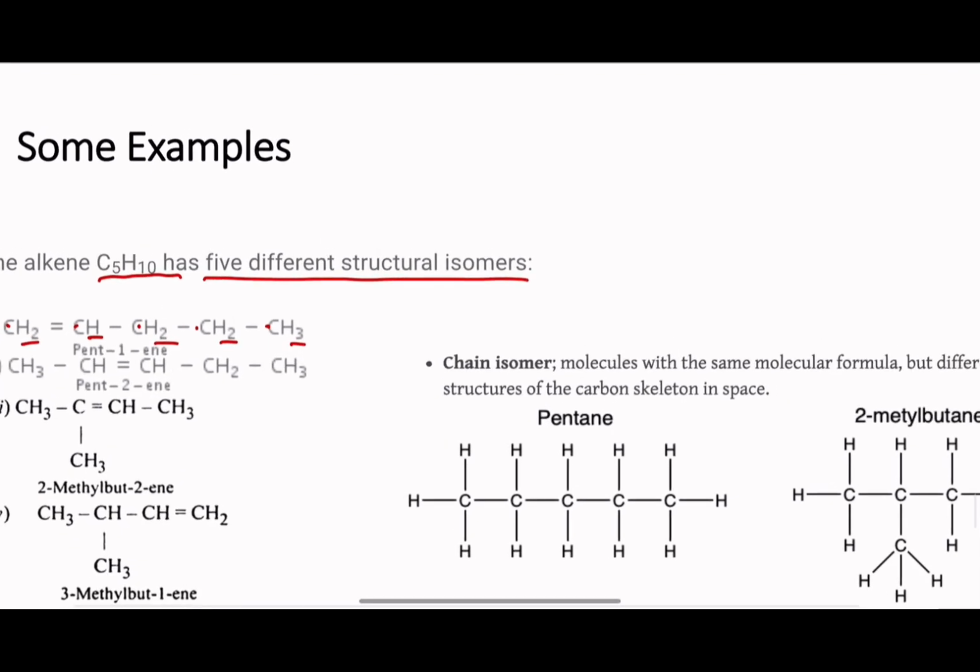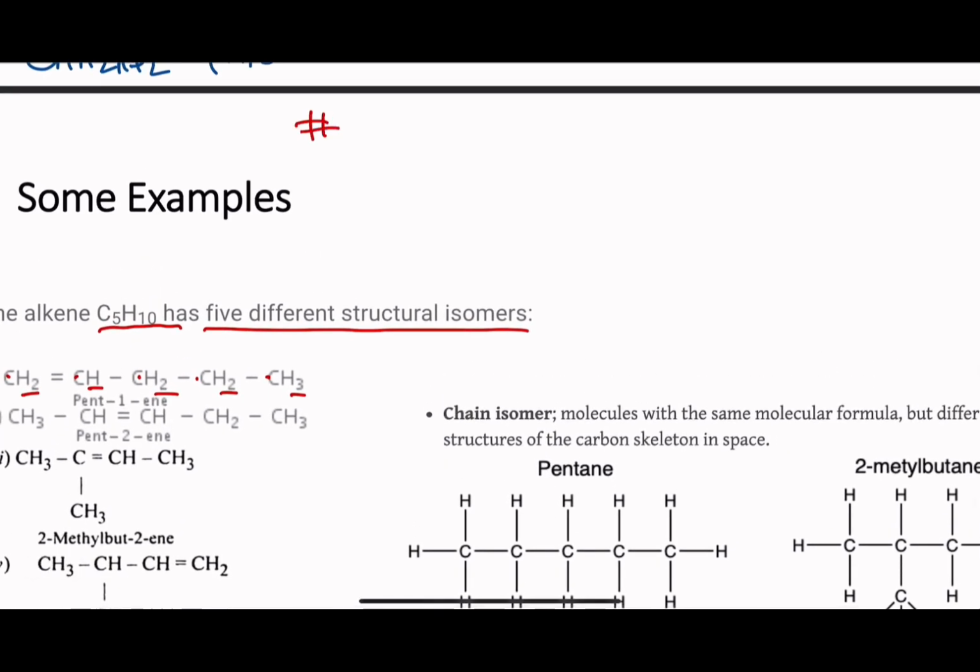We talked about unsaturation, right? We said that alkanes are saturated, and alkenes and alkynes are not. They are unsaturated. I will show you a formula for number of